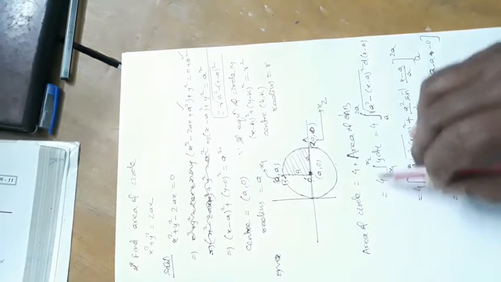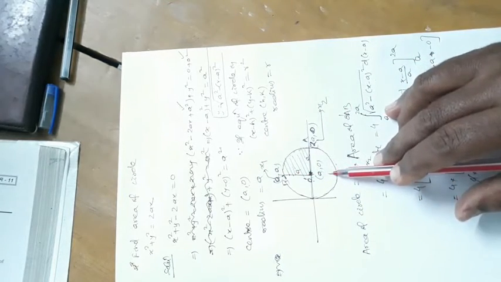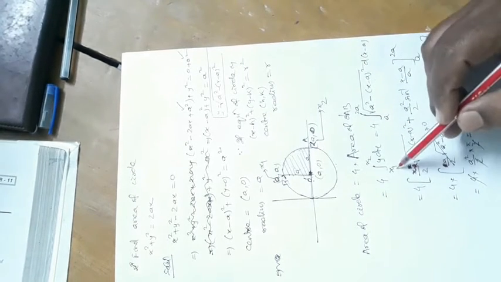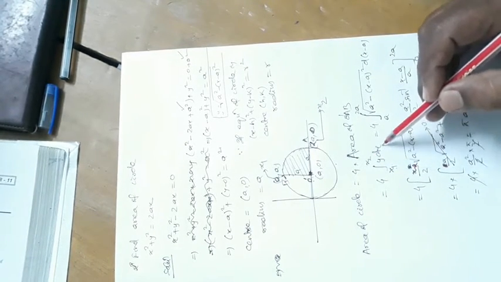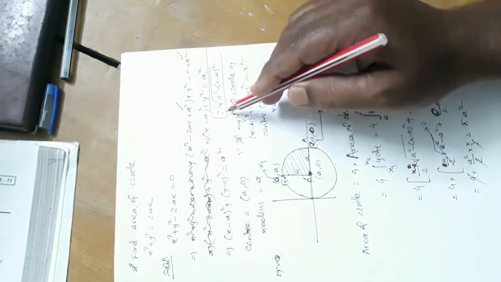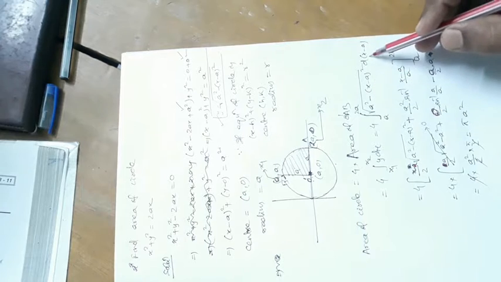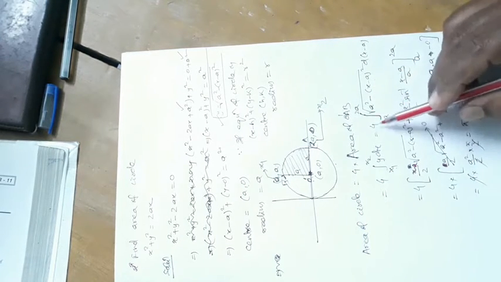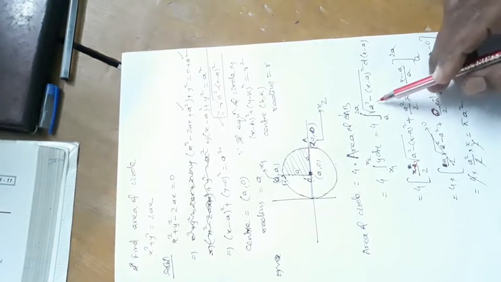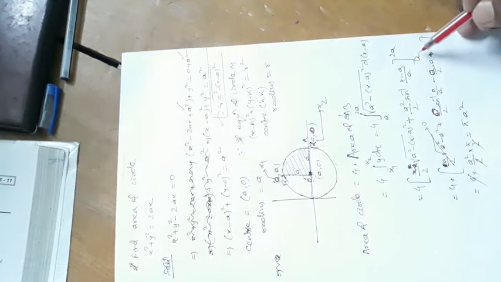Now the area of the circle. As it is symmetric about both axes, what you have to do is find the equation of this part, then multiply it by 4. So 4 times the integral of y dx from x1 to x2. What is y? I have told you already, y is √(a² − (x − a)²), into the derivative of (x − a), and the result is (x − a)/2 √(a² − (x − a)²) + (a²/2) sin⁻¹((x − a)/a), from a to 2a.